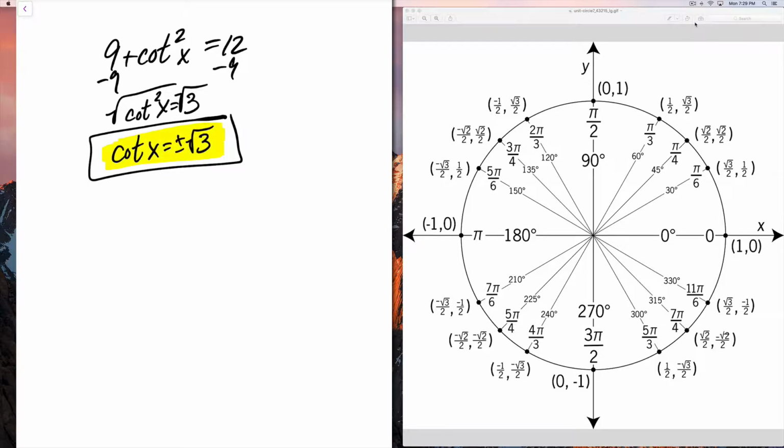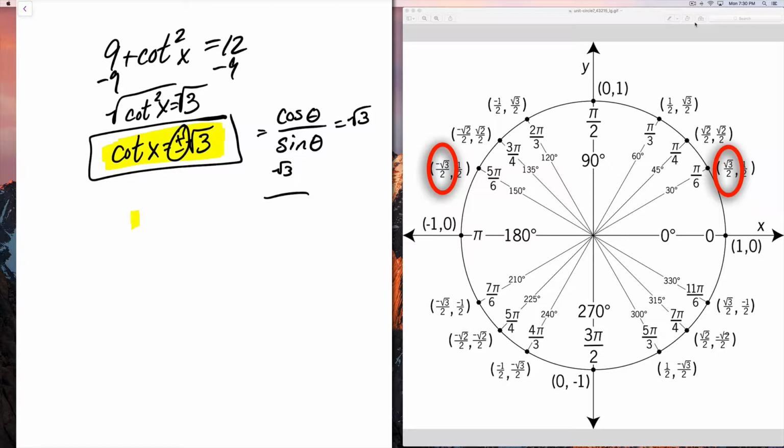So now I need to find where, recall that cotangent is actually cosine theta over sine theta. So I need to find the combination of coordinate points that, when I multiply these out, I'm going to end up with a square root of 3. Now, it's a little trick that I use: since the square root of 3 is in the numerator as a whole number, that means that my cosine has to have square root of 3 in it. And it can be positive or negative. We have that advantage. So I can look anywhere in my coordinate plane to find